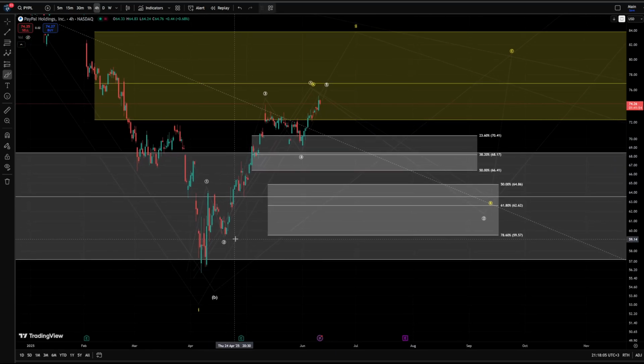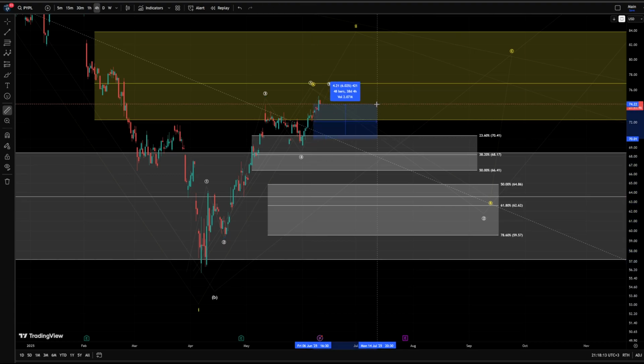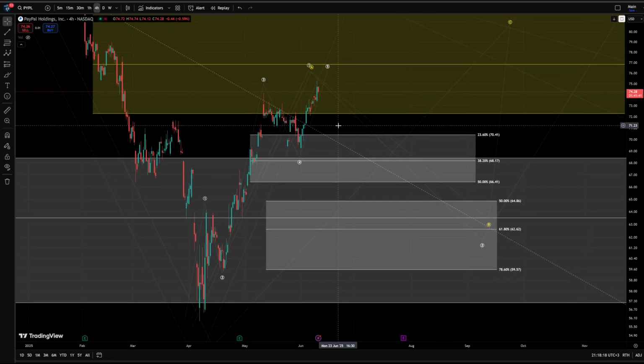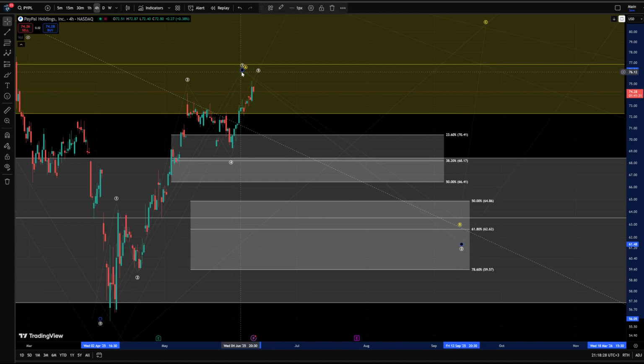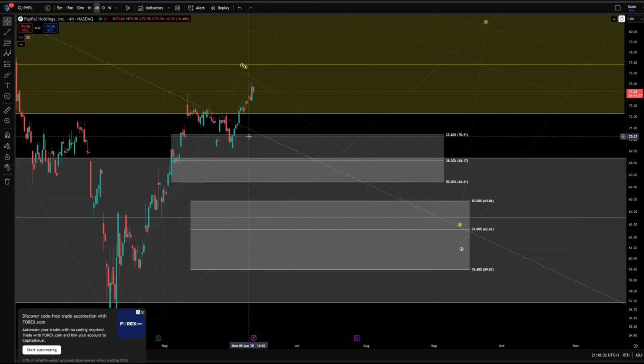But now we have the 5 waves up. If you did enter, congratulations, you should be in profit now. From $70 you should be about 6% in profit. Consider moving your stop loss or taking some profits, since if this 5th wave is finished we should expect a correction in a larger wave 2. I am now going to remove this smaller white count from the chart